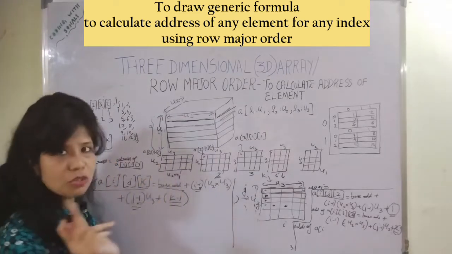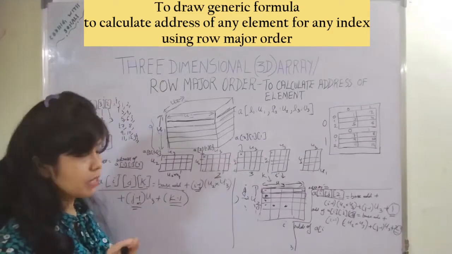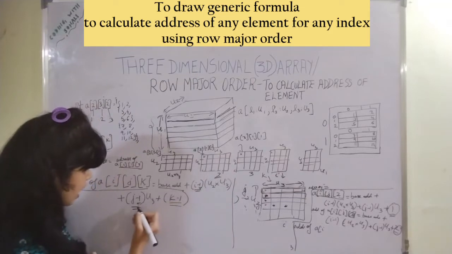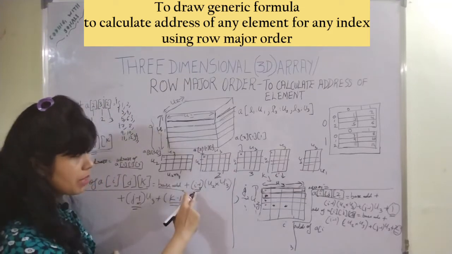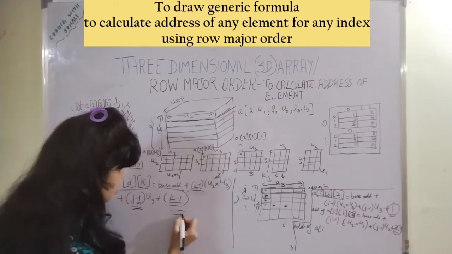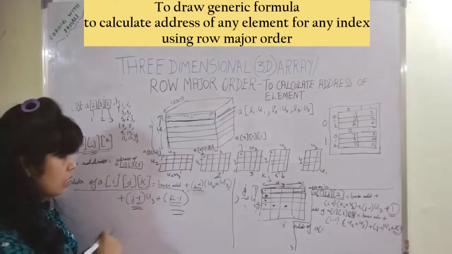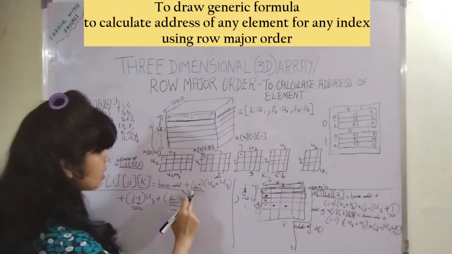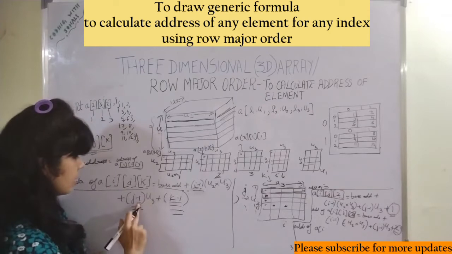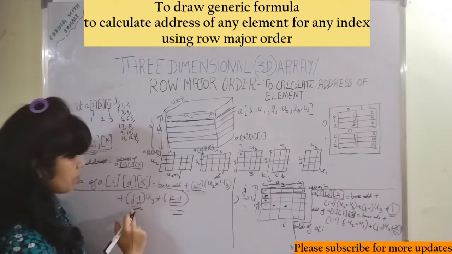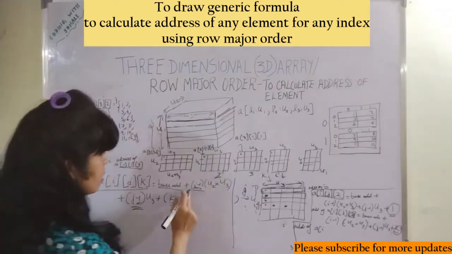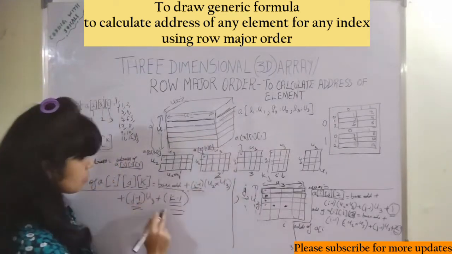So we started first of all the index from 1 for all the 3 dimensions, right? So when you see the formula here, wherever I am using i, j, k, I am subtracting the ones. This is i minus 1, this is j minus 1, and this is k minus 1. If the indexing starts from 3, you can simply modify, instead of subtracting 1, you can subtract 3. So i minus 3, j minus 3, k minus 3. If the indexing starts from 5, then you can write i minus 5, j minus 5, k minus 5.